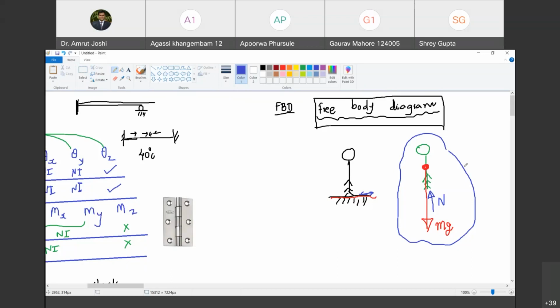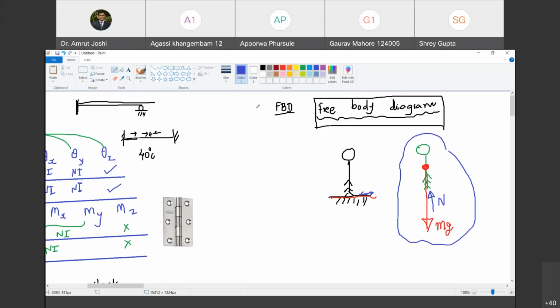In Newtonian mechanics, not in relativistic mechanics, mass is a quantity which is intrinsic to the body. It remains unaltered. However, self-weight, though we call it self-weight, is the force exerted by Earth on you, and therefore it is external. Happy? Yes, sir. So in a free body diagram, when you free the body from Earth, you have to show the weight of the object, because it is applied by Earth on that object. Happy? Yes, sir.